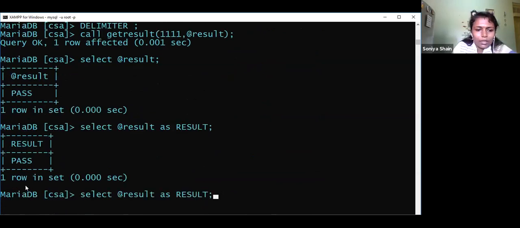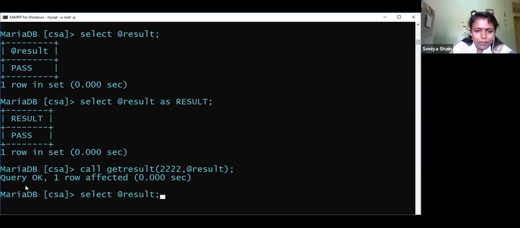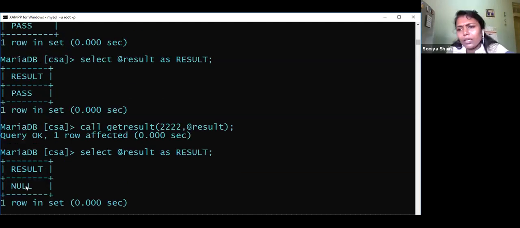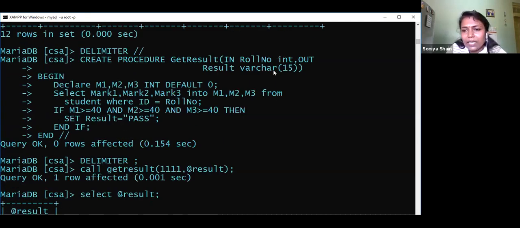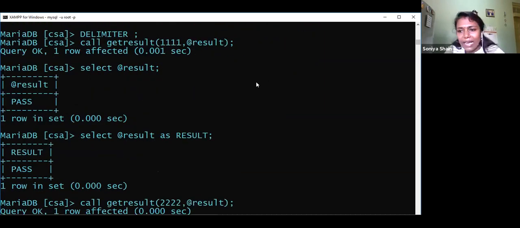Okay, so the other one, I think it is 222. We will go for that execution also. Result. Then again I am going to display that. So it is null, because if you want, you can initially set it as fail, no issue, but here I am giving importance only to pass. So I told it to set the default as pass, otherwise it will show the default value. It is a string. So you have seen it is a string. Here result is varchar of 15, because pass or fail is a string or text, so we can use varchar. The default value will be assigned as null.